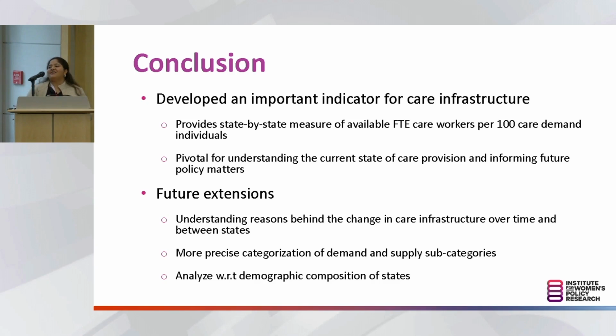For future extensions, one thing that IWPR will try to focus on is rethinking or reimagining these categories. At this point, that is one of the most pivotal things to do. Also, we will try to evaluate what is a good benchmark. While we're saying 2.7 individuals, is that enough, or do we actually need 15 or more workers? Those are quite a lot of things to do, and we'll see how it goes from there. Thank you.